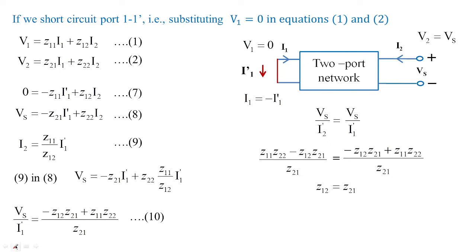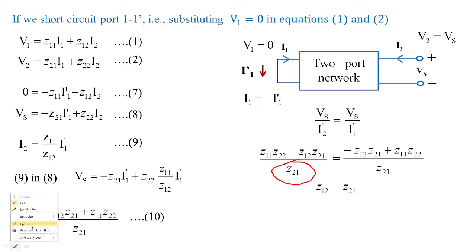Here there is a slight mistake. Please observe here. You have this value. It is supposed to be Z12. It is supposed to be Z12. So that we are going to get Z12 is equal to Z21. So this we are going to treat as